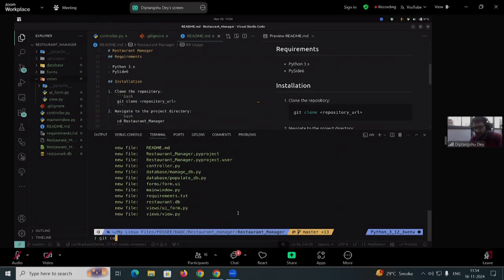So I will just write git commit, and within the inverted commas, I need to write the commit message. The commit message needs to be short and meaningful. Meaningful as in by reading your one-liner commit message, it should be a one-liner or a two-liner, a third person should understand what has been done in this commit. So I will just write